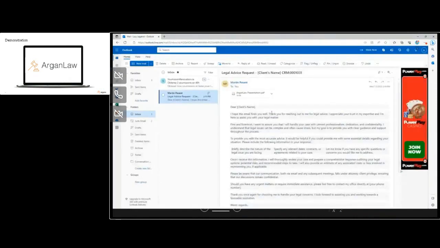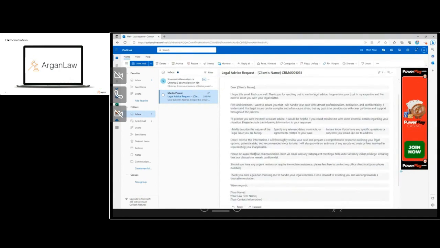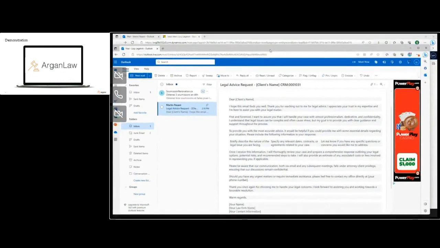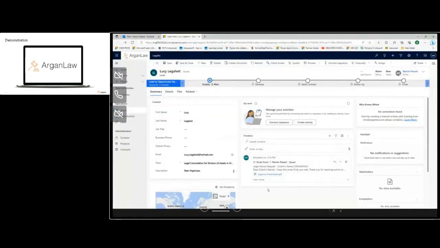So I didn't have to do anything at all. I was in the CRM, and we just received a lead, and she already received an email with a presentation of the business. We could add a message here saying there's a lawyer that will get back to her within the next 24 hours. So we're managing the client's expectations in this case with my email automation.